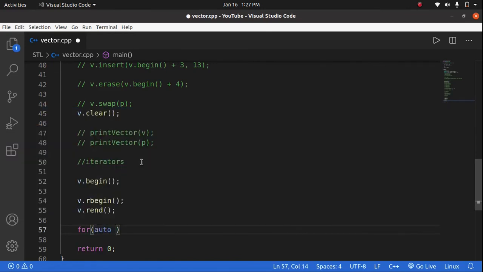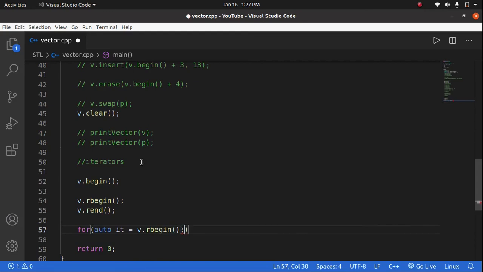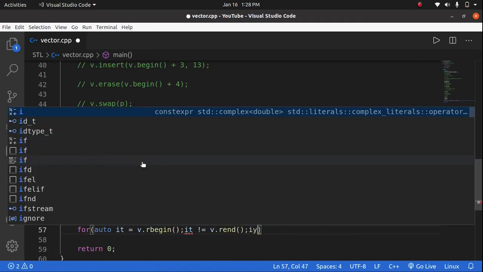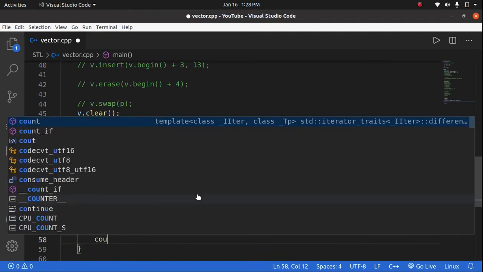Let's see how. Auto it equal to v dot r begin, it not equal to v dot r end, it plus plus. So we do not decrease it, we will increase it, then also it will print the vector in the reverse order.